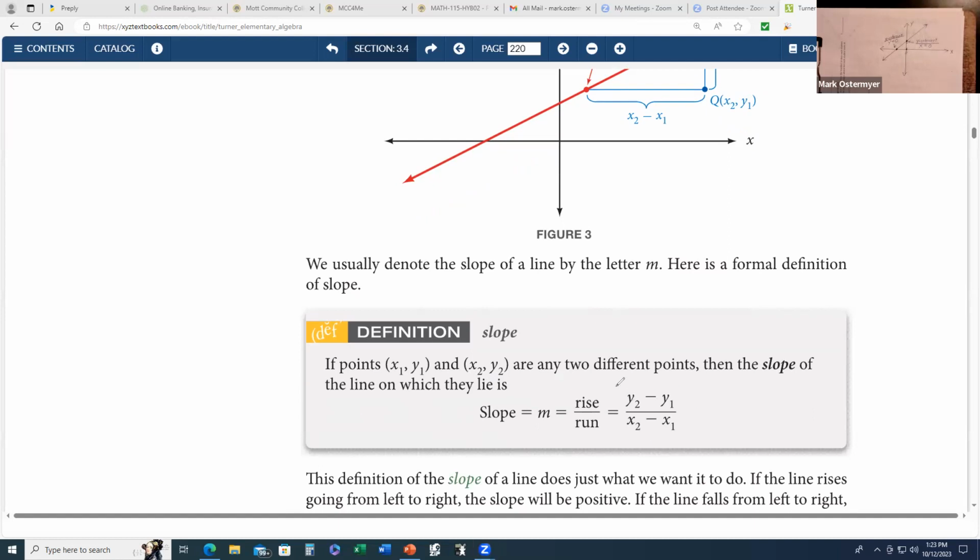Notice the slope formula in the numerator has the amount of rise represented as the difference between the y coordinates of these 2 points. And the amount of run is the denominator of this ratio, which is the difference between the x coordinates of the 2 points. So the change in y over the change in x represents the slope of a line